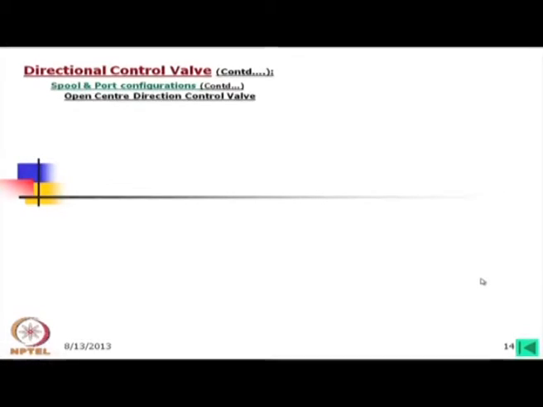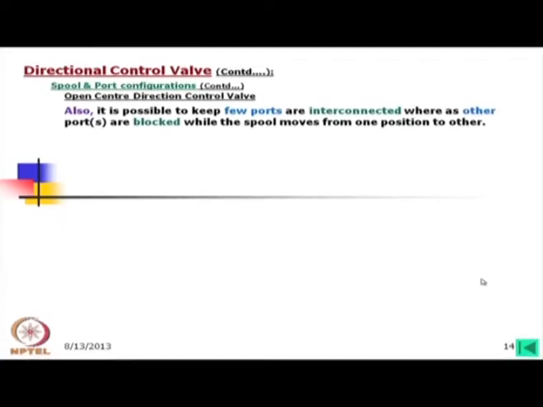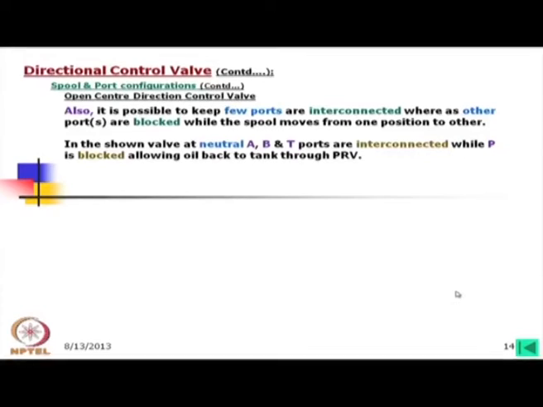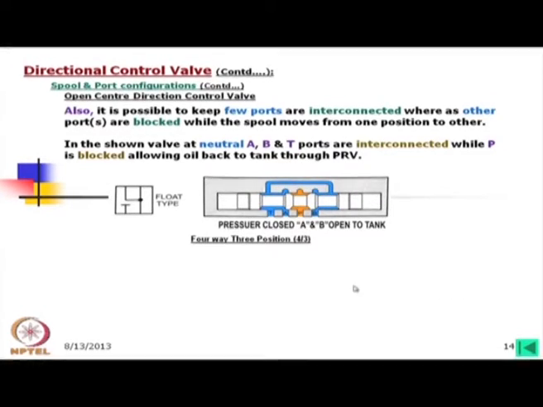Now, open center direction control valve. Also it is possible to keep a few ports interconnected, whereas other ports are blocked while the spool moves from one position to another. This already I have discussed, but in this figure what is shown is how it is constructed. Now, in this case, when it is at the neutral position, this pressure port is completely isolated from A, B and T, whereas these ports are interconnected. This is simply done by